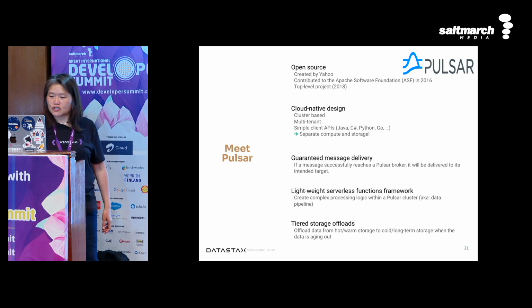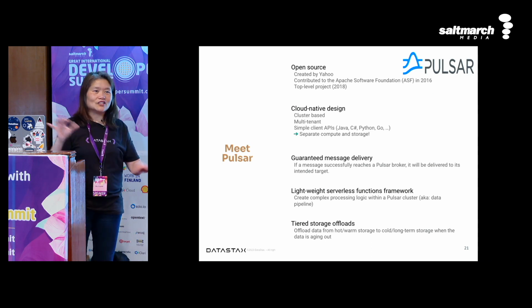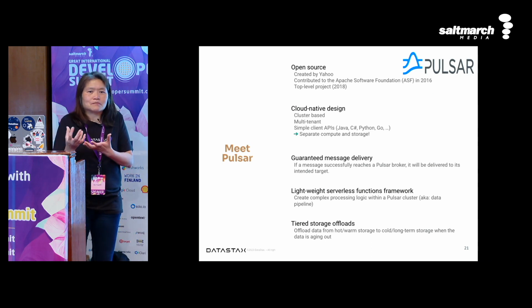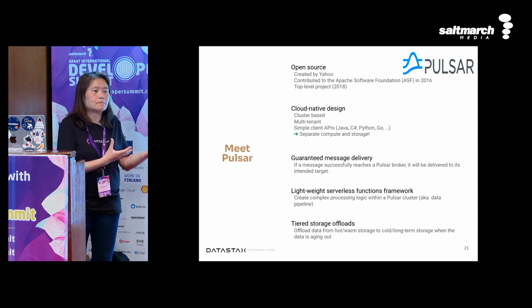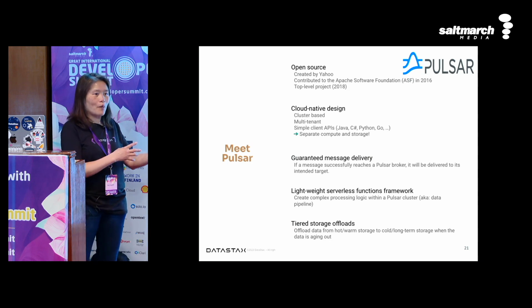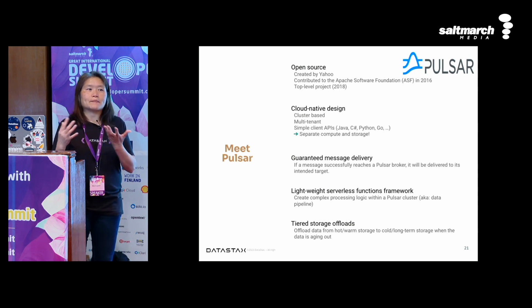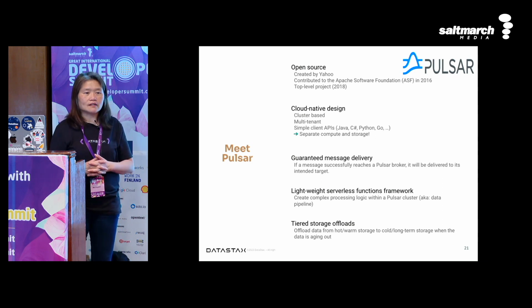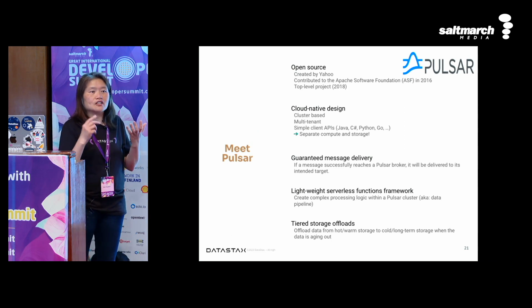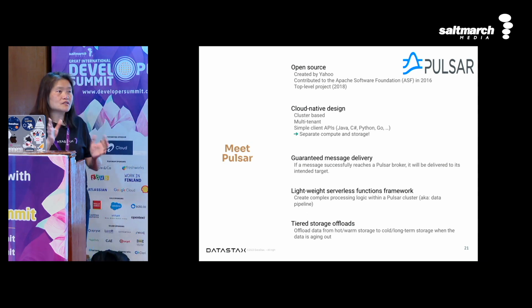And then there's also one more feature that's worth mentioning, which is tiered storage offloads. As we know, messages come in, and some of them become cold and are taking up space. So Pulsar knows it and will say, well, you are inactive for a while, so I'll move your set of messages to offload storage, such as S3 buckets in a cloud environment, or the Hadoop file system, which will actually cost less money. You can configure it too. So it has this feature called tiered storage offloads. Those are highlights of Pulsar's capability.